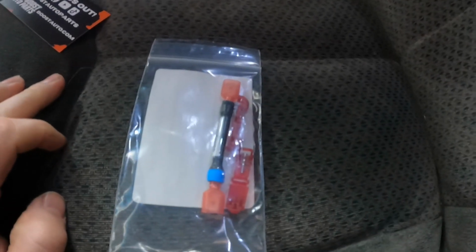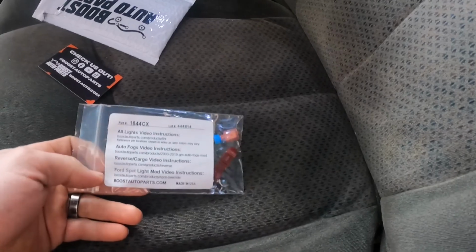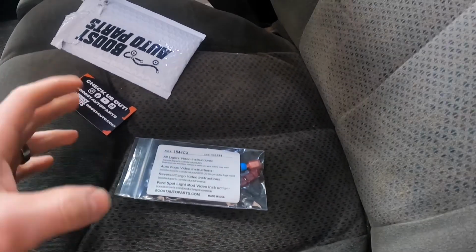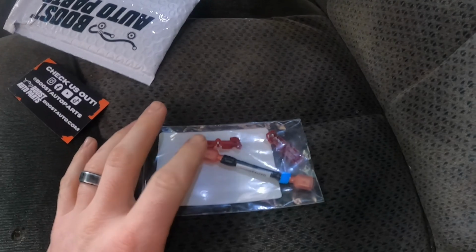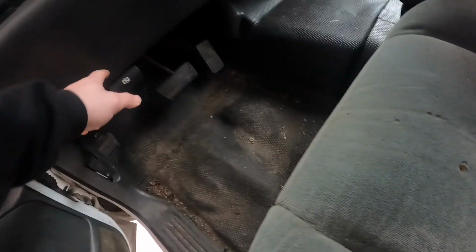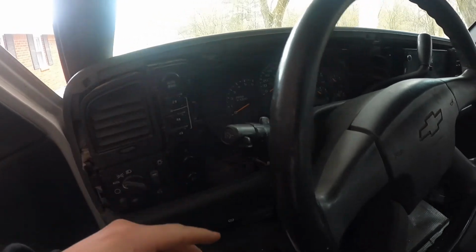Okay, so this is it. This is an automatic fog light module, which all it does is, I don't know exactly what wires it connects together, probably just the fog lights and the parking lamps, but all you do is tie into, in the video it said it was A5 and B2, in your little BCM connector. You have to take this piece off, but that's not hard. I'm pretty sure you have to take this piece off too, just because